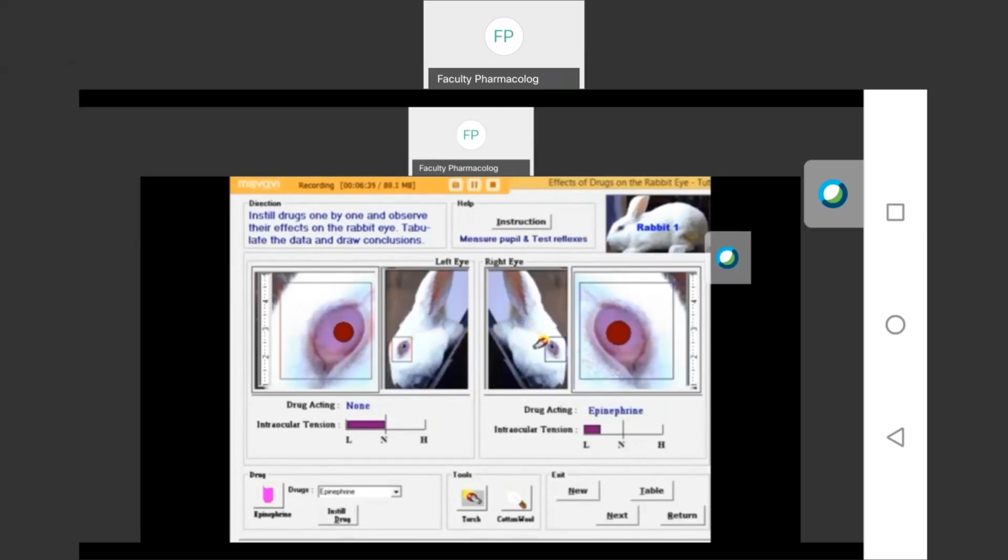That means the light reflex is present in the right eye, that is your test eye. So the conclusion is that the light reflex is present with epinephrine. So you have to write it in your table.